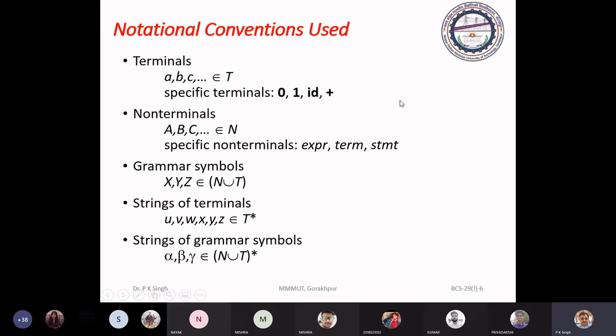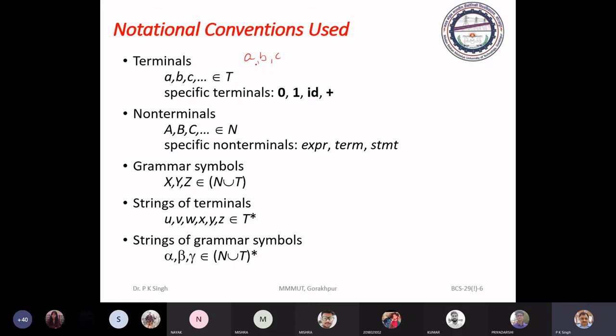Now some notational convention. For a terminal symbol, we use the English alphabet in lowercase, like a, b, c. But if you are using a string, then it must be in uppercase.